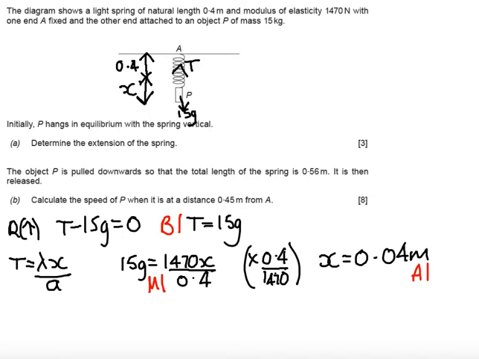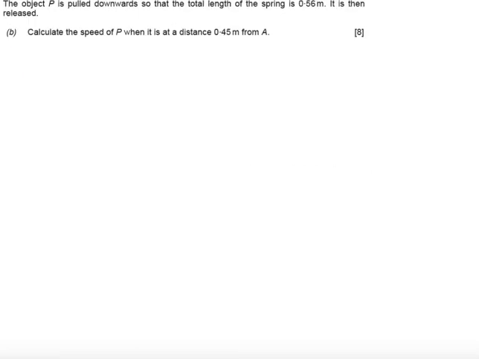Okay, let's look at part B of this question. It says the object P is pulled downwards so that the total length of the spring is 0.56 meters, and is then released. Calculate the speed of P when it is at a distance 0.45 meters from A. This question bears no relation really to the initial question, other than the fact we're using the same spring. So if I draw a diagram, in a nice bit of space,